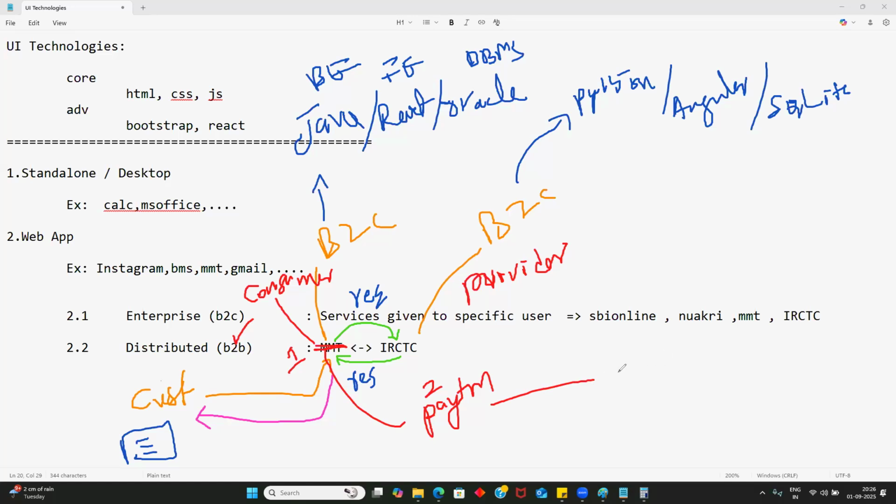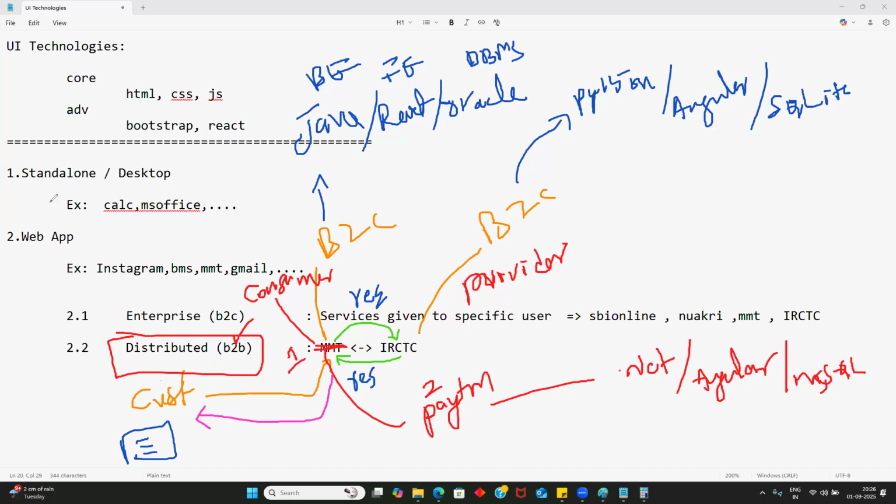And you can consider the same use case. Assume Paytm is developed with .NET as the backend and Angular as the front end, and they are using MS SQL as the database. So guys, nowadays distributed applications are in very high demand. If you want to build distributed applications, you should learn web services, or RESTful web services, as we call them. I'm not going in depth, but if you understand up to here, this is fine for me.